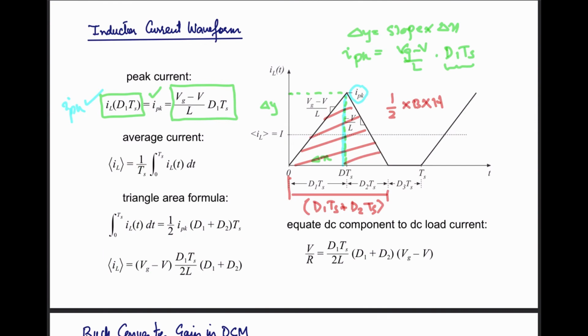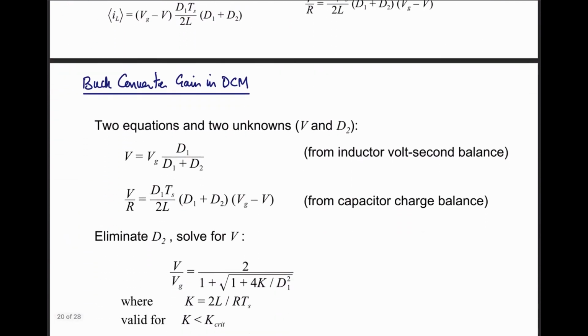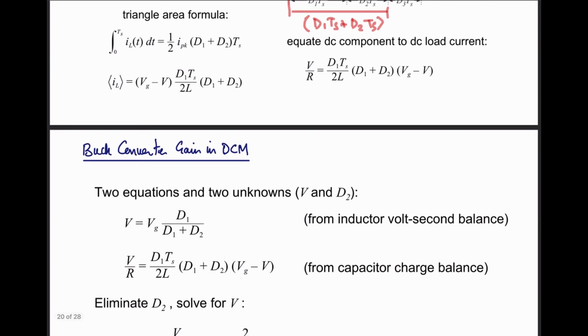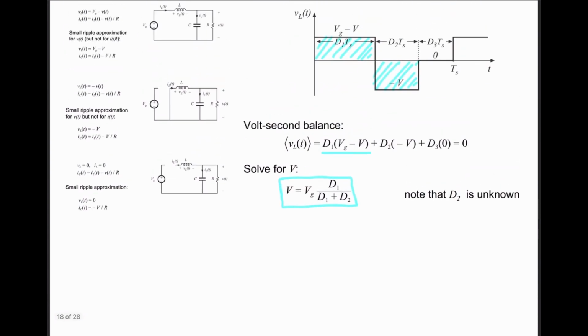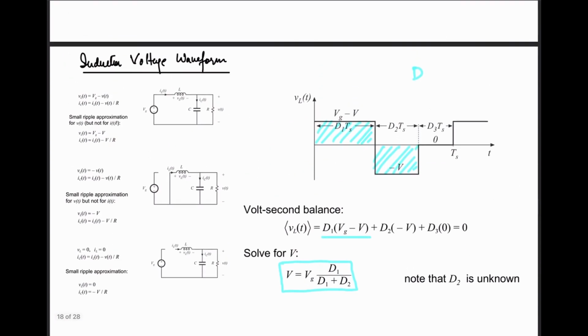And this should be equal to the load current. So we are going to equate it to the load current, that is V by R. This is the average value of the inductor current from here, and that should be equal to the load current, because your inductor current on average is going towards your load. So by equating these two, now we have two equations. One equation is this one. Let me call it equation 2, that we have just set up while looking at the inductor current and equating it to the load current, and that is written over here, right? And the second equation, that we worked out in the previous slide, if I go back and look at this part, is V equal to Vg into d1 by (d1 plus d2).